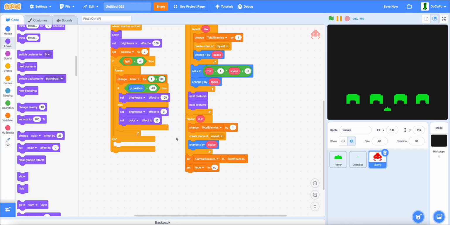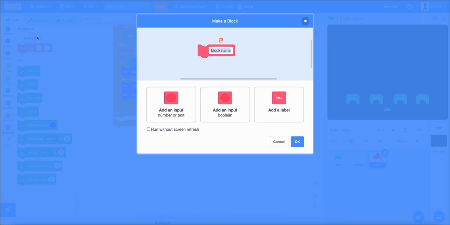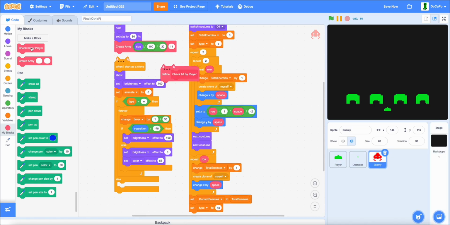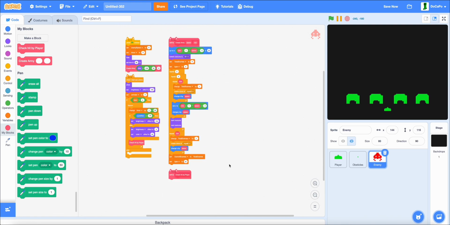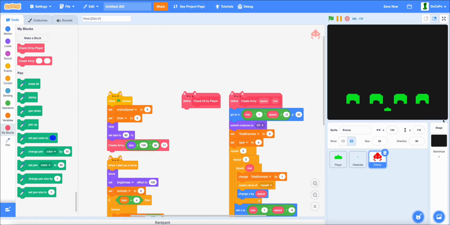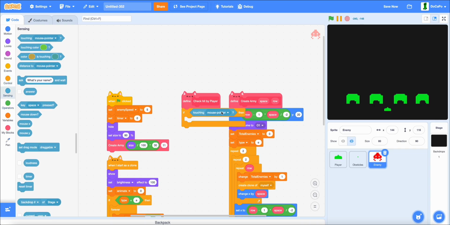Now, if the player hits them, make a new block called check hit by player, and place it down here, and in here, if touching player,